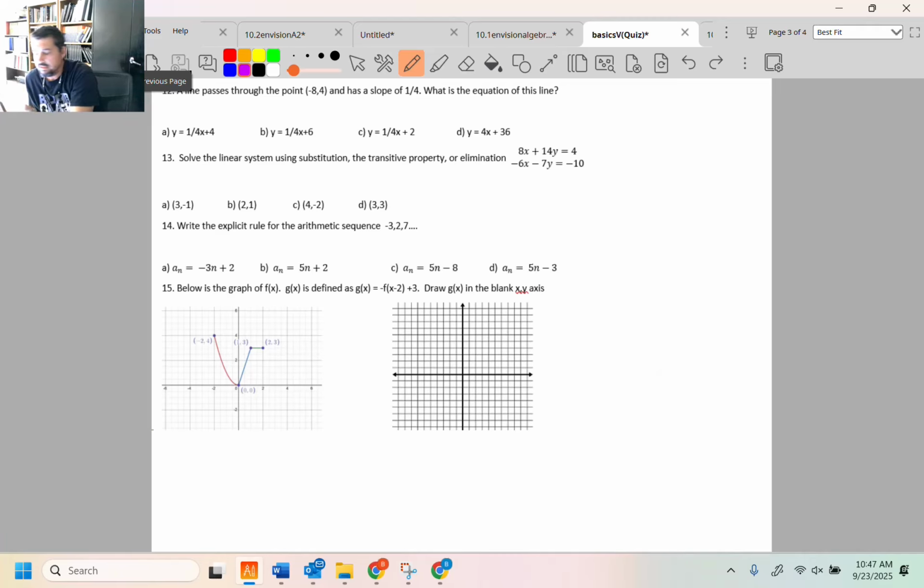15's a hard one. It is. I had more kids get it right this time. So far, about 20% of the quizzes I've graded have done it, which is better than last time. All right, so the order here that we do things is